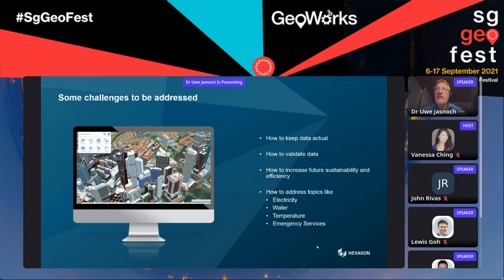A second point is really that we need to validate the data. If you look at the screenshot, we have highlighted two buildings, and as you can estimate from the screenshot, you would say that these buildings are quite equal in height. The reality is that the left tower has 26 floors more than the right tower, but you can't see it. Obviously, we have a small mistake in the building. The only indicator you have is if you look very closely at the textures of the left building, you see that the levels are much tinier than on the right one.